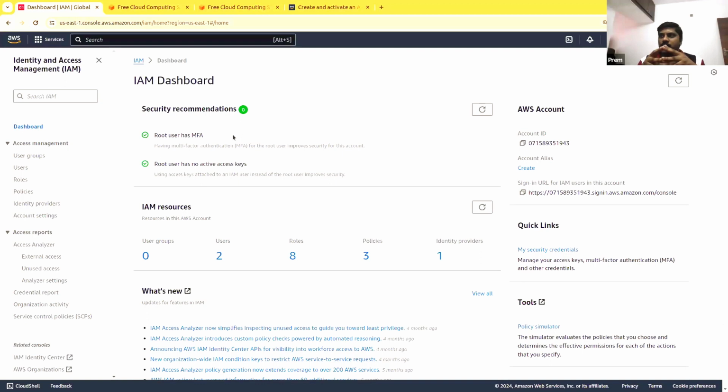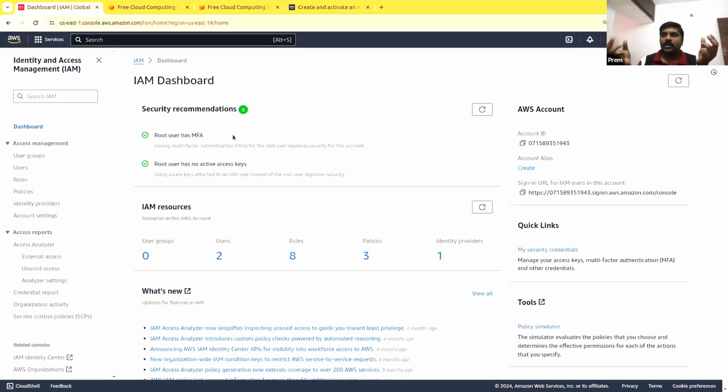Not only for users, you will be running services from your AWS account. Say, for example, there is one service called EC2 instance, which is a server. There is another service called RDS, which is for database, a relational database system. So when you are running an EC2 instance, that EC2 instance may need to write a record into your database, which is in the RDS.